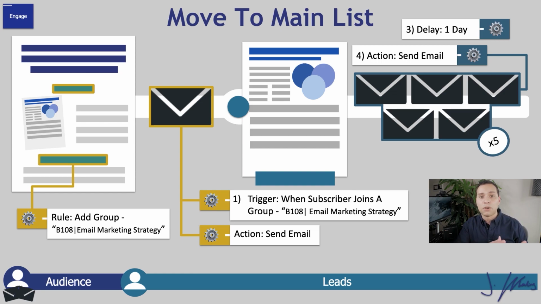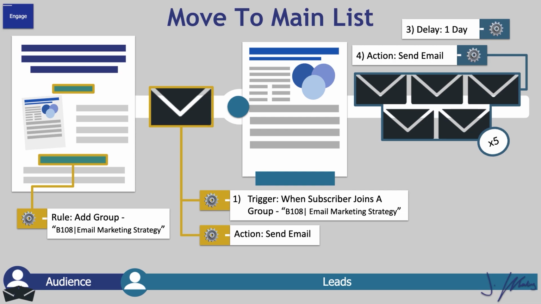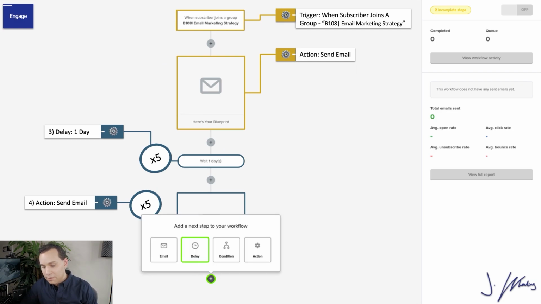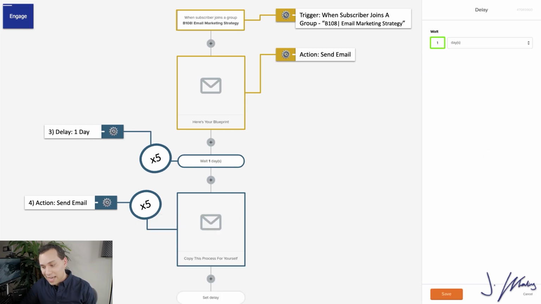And now it's time to go back to content and value, because after all, you definitely don't want to just bombard people with pitch after pitch, but we'll go through how to do promotions in the future. So we are complete with our lead generation funnel. So now it's time to move on to taking them out of this sequence and putting them onto your general broadcast list. So to do that, we'll click the plus button again, and this time we'll set a delay,